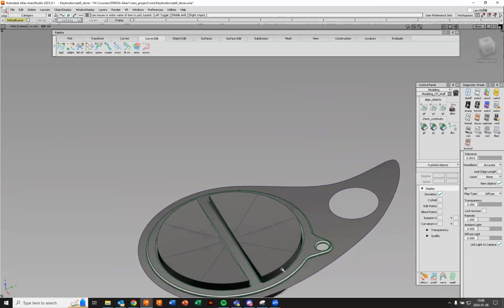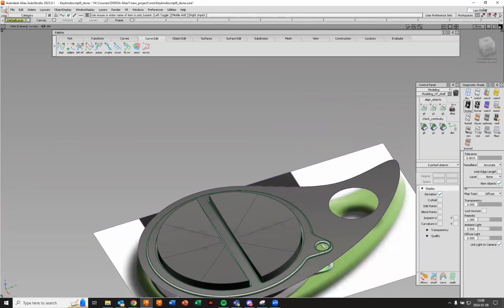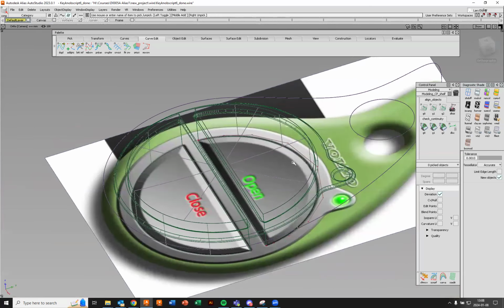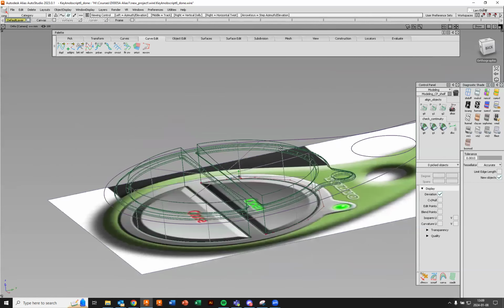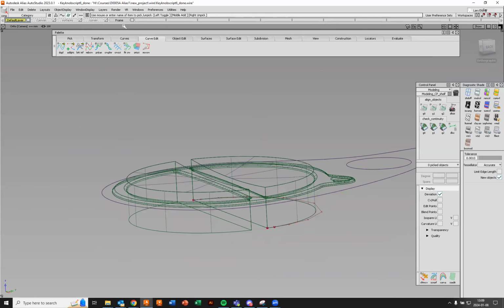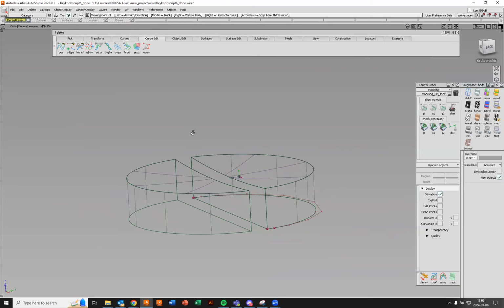Time now to chamfer the edges around the buttons. If we look at the canvas image, like so, turn off the shading, you can see that these buttons have a chamfered edge like that. And we're going to try to resemble that in our model as well. So we turn off the canvas, turn off the frame,